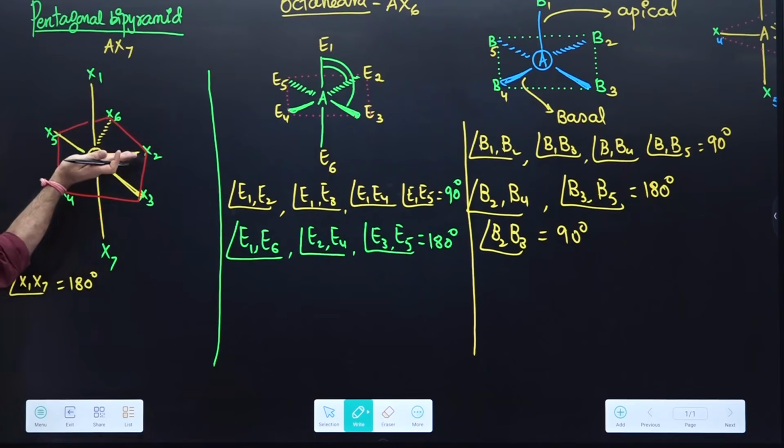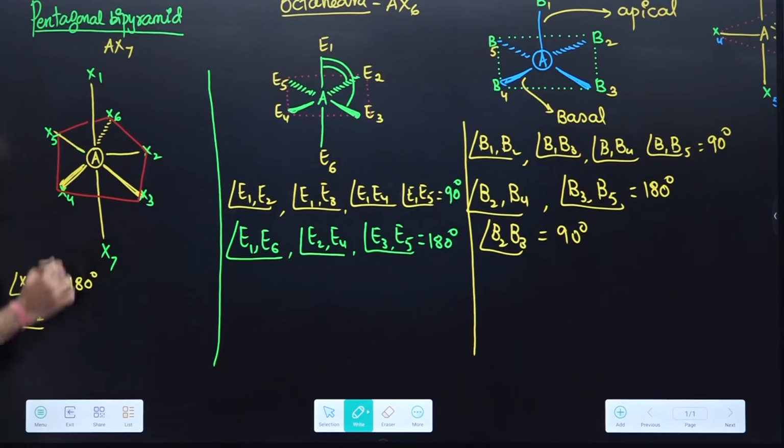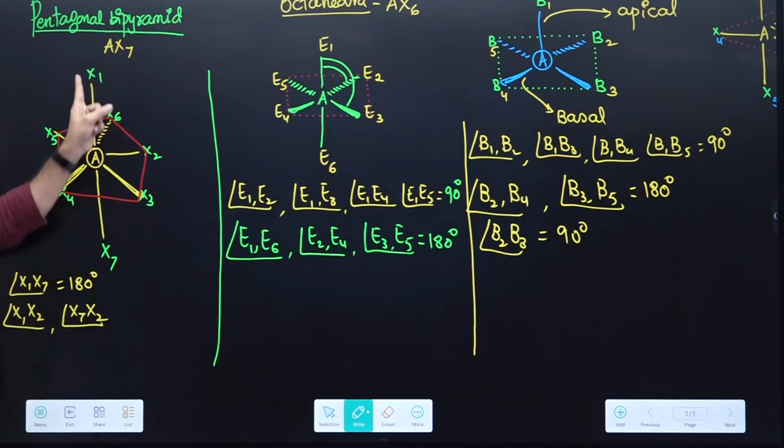Or between 7 and second plane of atoms, 90 degree. So I am just giving one example. x1, x2. It could be x2, x3, x4, x5 or x6. Or I am taking x7 with x2. So with respect to third plane and second plane, with respect to first plane and second plane, bond angles will